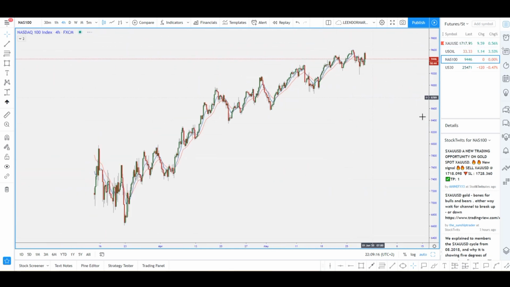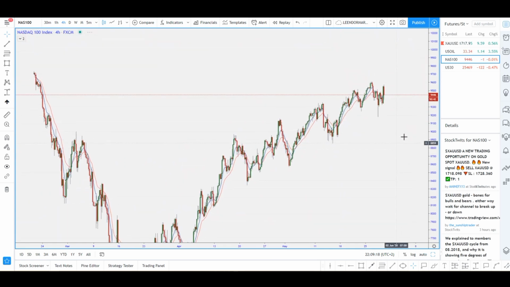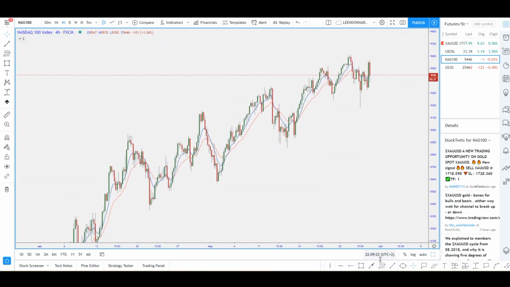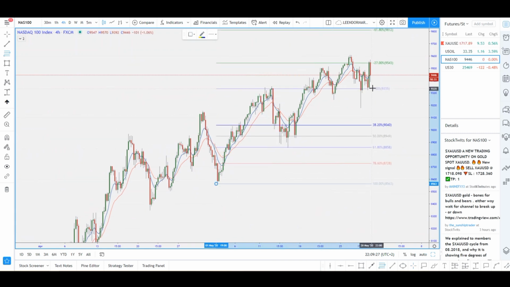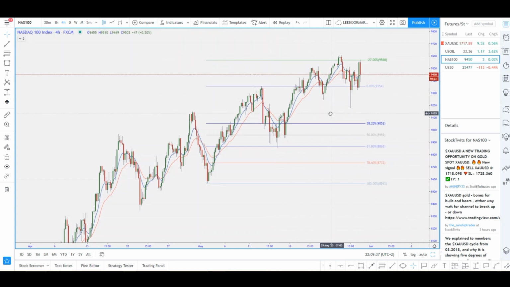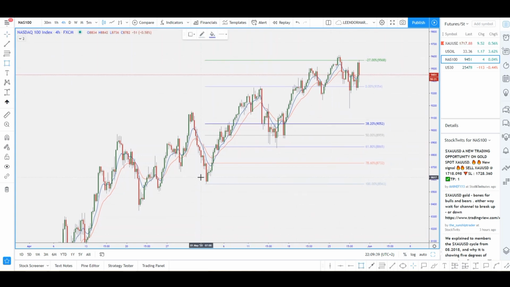So Nasdaq, I did say that Nasdaq was going to get to 9500. If you're wondering how I knew that it was going to get to 95, from this level, point A, point B, pull back into 50%, 50% went up to negative 27, 95, 68, played out to the absolute T. Look at that. Point A,